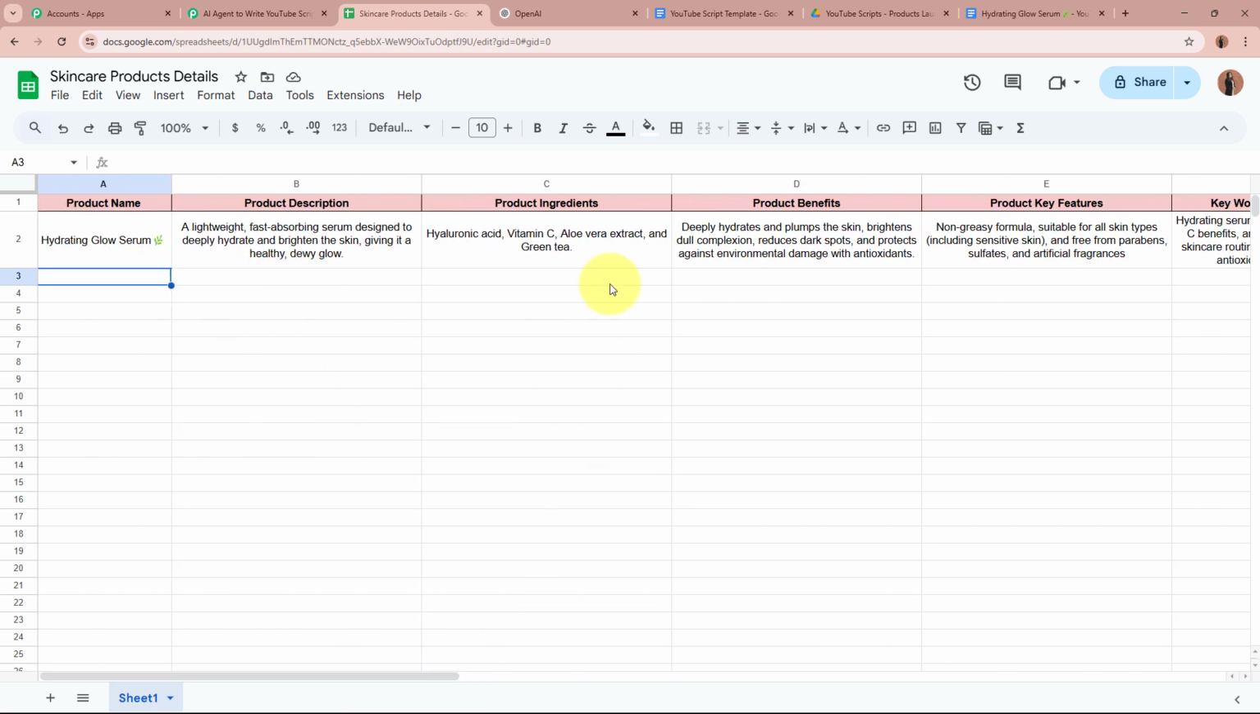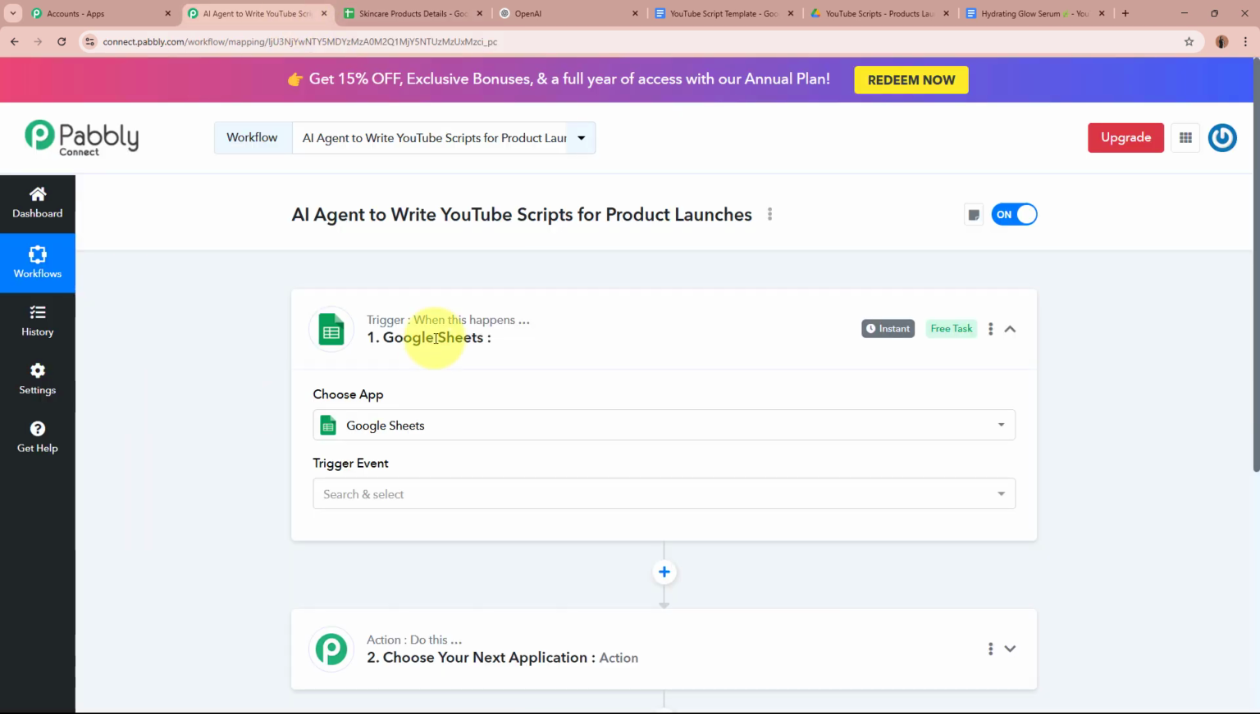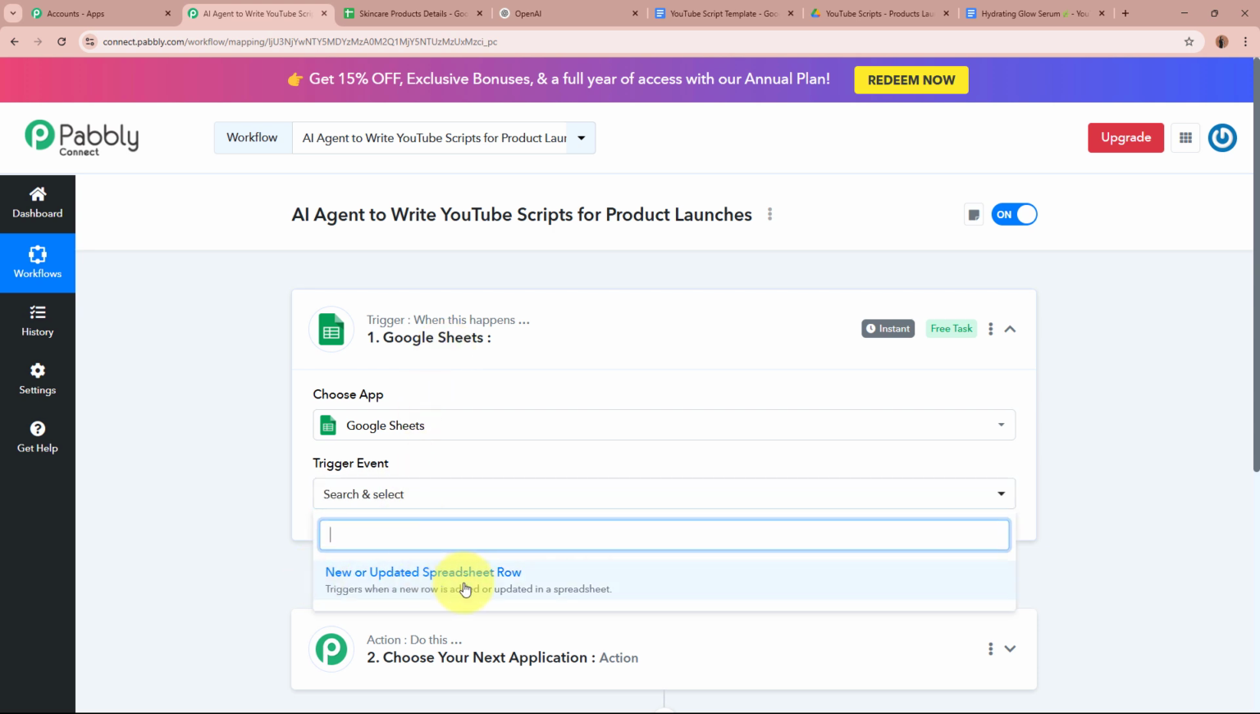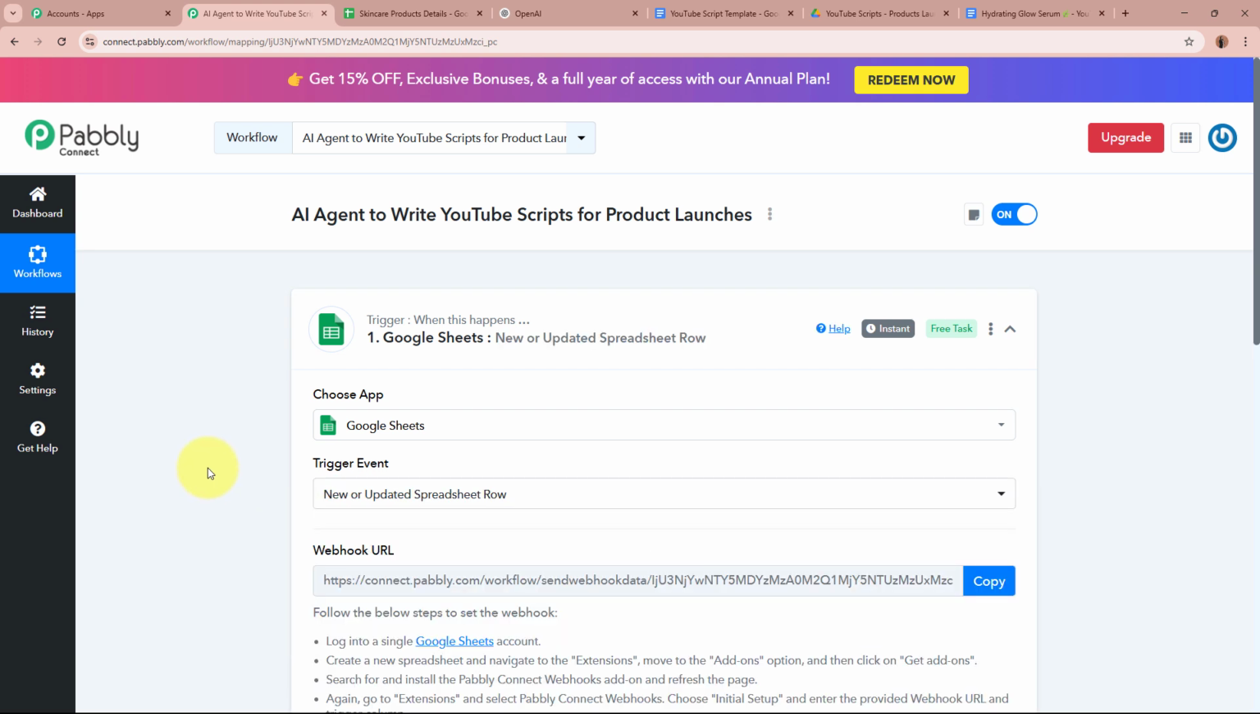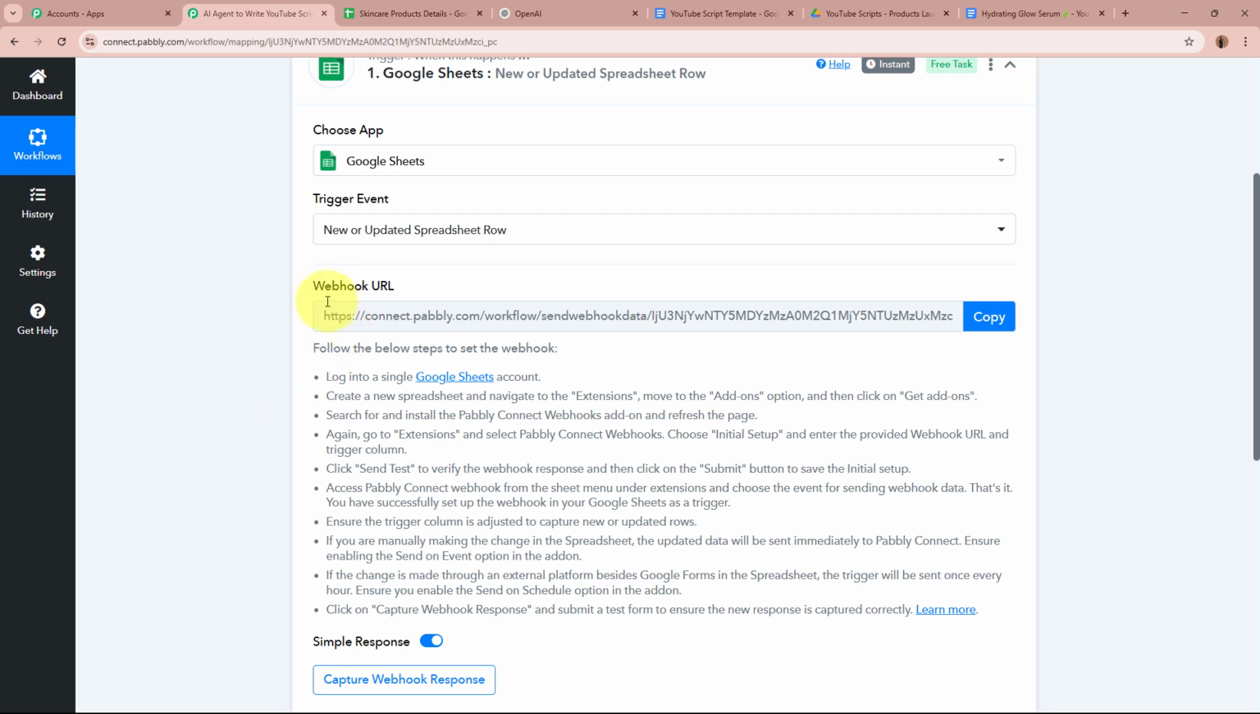So I want that as soon as I enter the details, Pabbly Connect should capture the response of that. That is why for my trigger application, I've selected Google Sheets, and to capture the response for the trigger event, I'm going to select new or updated spreadsheet row. Okay. After selecting the trigger application and the event, you can see that Pabbly Connect has provided us with a webhook